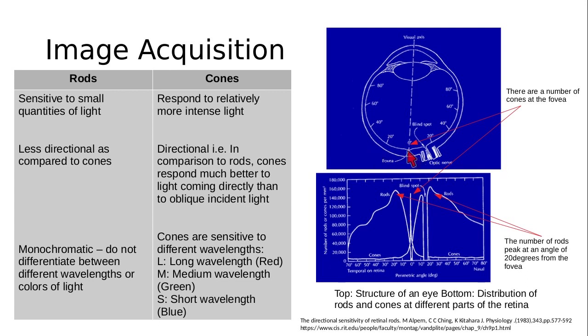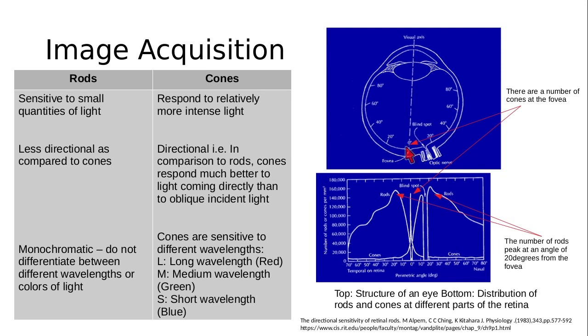Right. If you notice the distribution of rods and cones through this retinal wall, you will see that cones are very dense at the center. So cones are very dense at the fovea. This diagram here, the graph below, depicts the distribution of cones with respect to the retinal wall. Right. So right at the fovea, you have a very large number of cones. But as you go away from the fovea, the number of cones falls down dramatically. Right, you can see this curve, it's falling down dramatically.